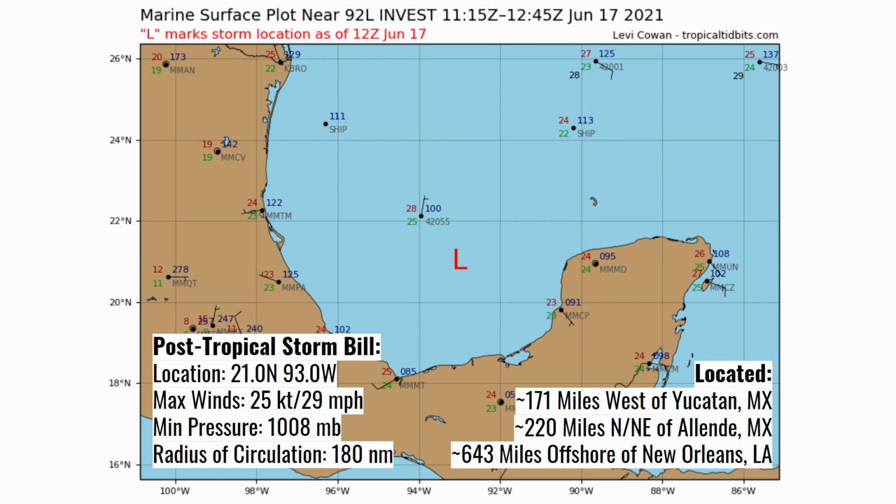It's also 220 miles northeast of Allende, Mexico, and it's 643 miles offshore or to the south of New Orleans, Louisiana. So it is getting closer to the Gulf Coast. Yesterday it was about 800 to 900 miles away. Now it's only 643 miles away. So every single day we get maybe 100 to 200 miles closer to the coast, and it will eventually